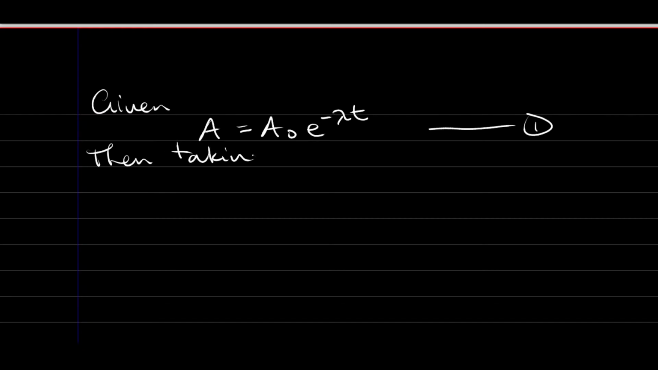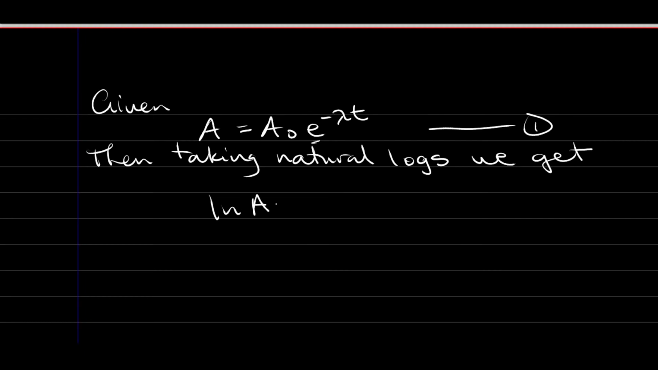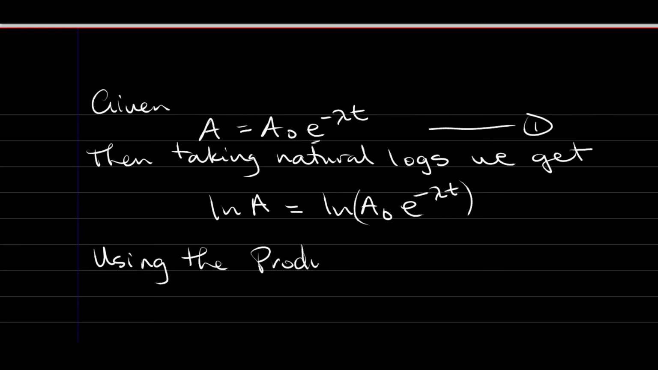again we have an e, so take natural logs. Taking natural logs, we get that ln of A is equal to ln of A naught e to the minus lambda t, close bracket, right? And then I can say using the product law of logs,